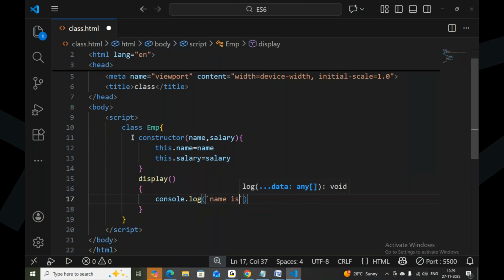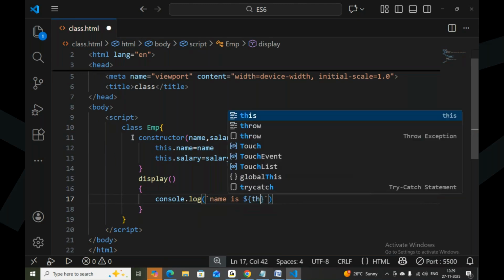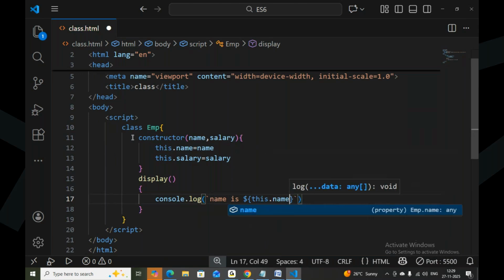and name is dollar this dot name. We are inside the class only, and salary is